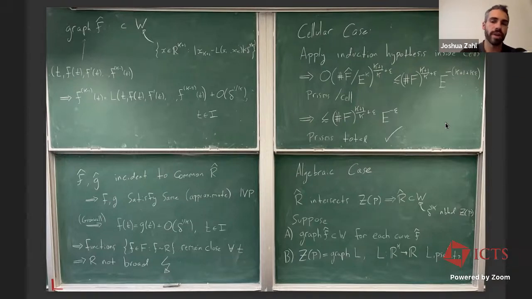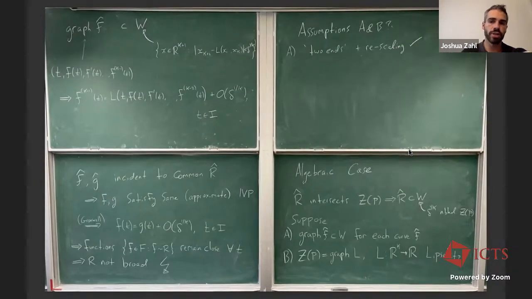It can never happen. So let's talk a little bit about assumption A and assumption B, because they seem rather stringent. Turns out assumption A is not too bad. And it's because, as I was suggesting before, if all of your tangency prisms are contained in the thickened neighborhood of Z of P,